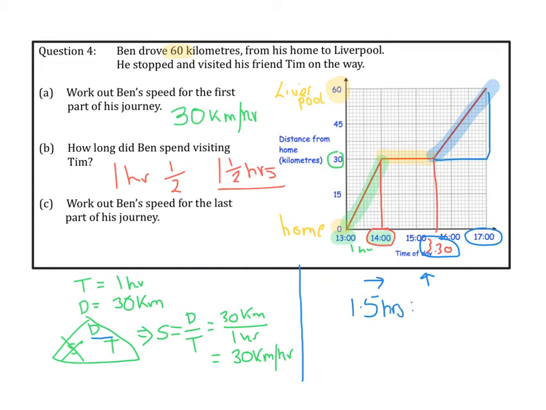across. I'm going to put the units in there because you'll see why in a second. And then we've gone, so that's 1.5 across. And we've gone from 30 to 60, so that's 30 up, so that's 30 kilometres up. Now we know with gradient we always want 1 across, so I'm going to get 1 here. And I don't want 1 hour, I just want 1 across. So I'm actually dividing by 1.5 hours